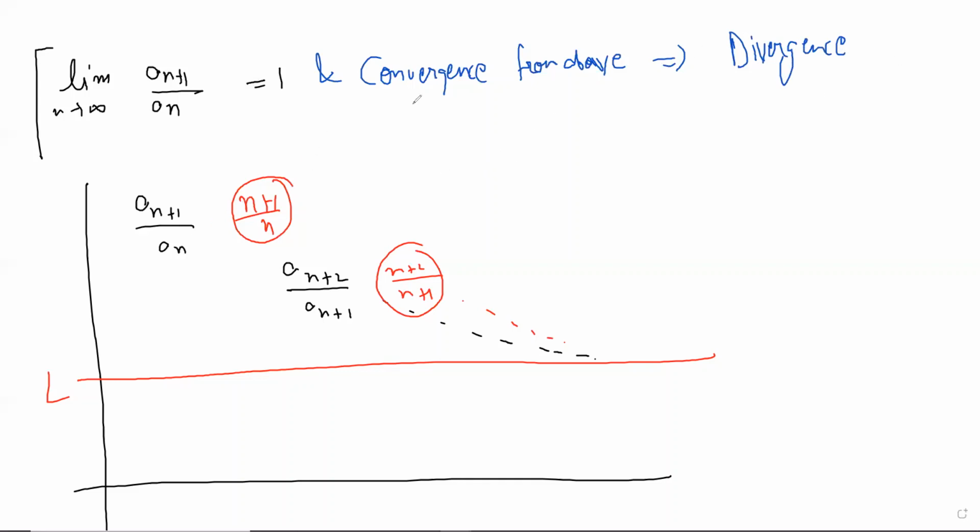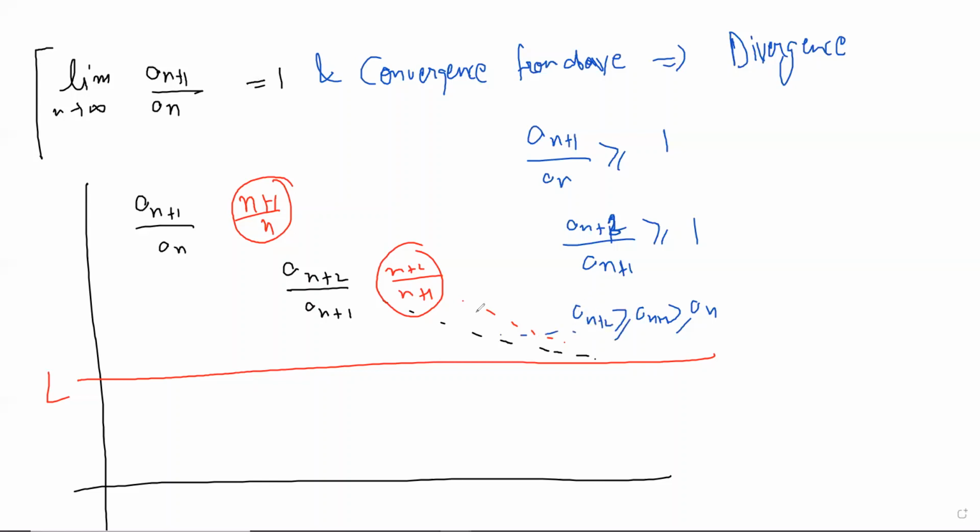Because if it is converging from the top, it means that you have terms bigger than 1, and then you'll have something like a_{n+2}/a_{n+1} bigger than 1. So this basically means that you have a_n less than a_{n+1} less than or equal to a_{n+2} and so on. This would obviously mean it diverges. The summation will diverge. So this is just a slight aspect of it. But yes, so that's the ratio test.